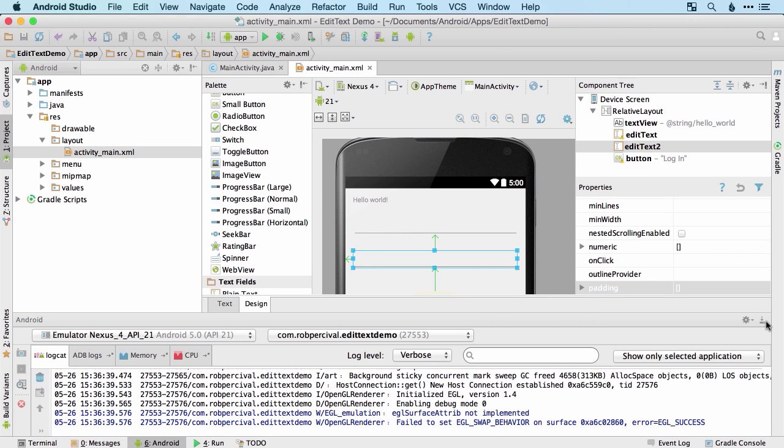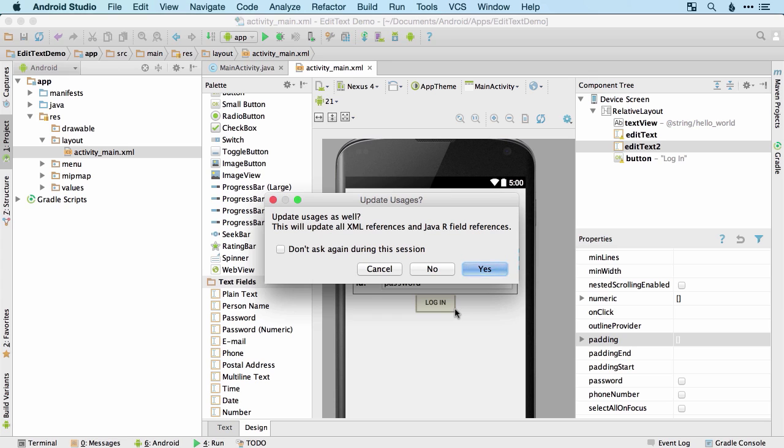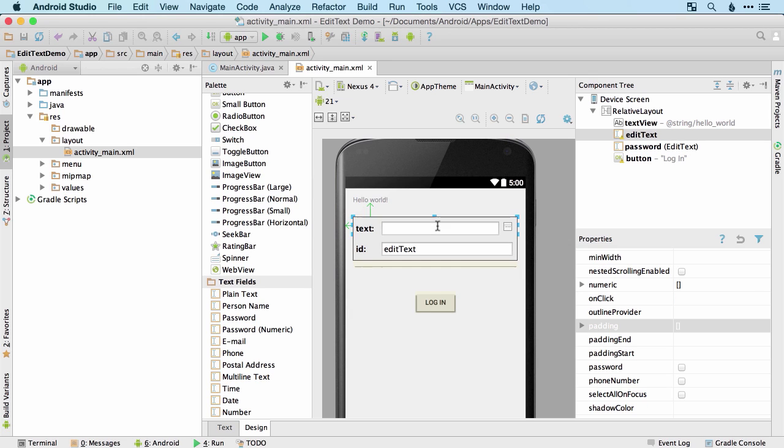We need to give both of these IDs. So I'm going to call this one password. And this just updates any references to that field, which is perfectly fine. So we'll just say yes to that. And then we'll call this one username. There we go. So now we've done everything that we need to do on the activity_main.xml, on the design